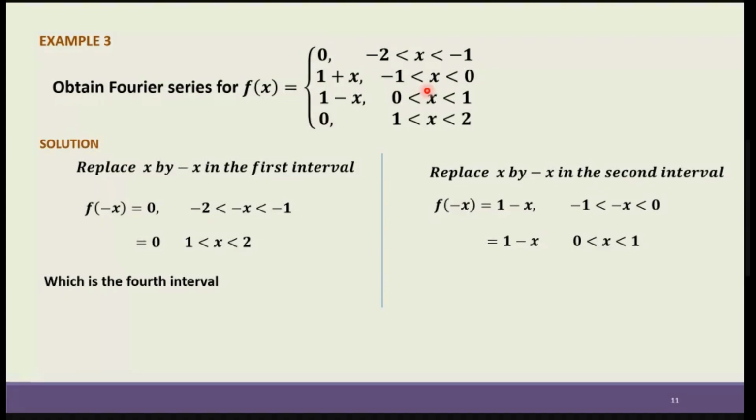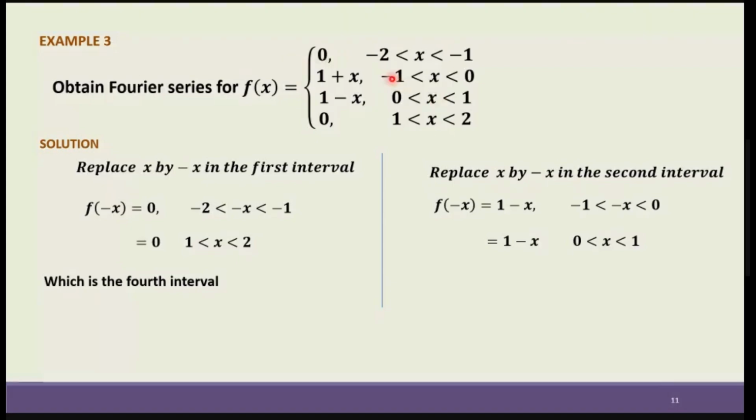Always see the function what is given there. Always see the interval which is given in the problem. तो यहाँ पे function defined है -2 to +2. Even though the value is 0, we are not bothered about the value. Function is defined in -2 to +2, which means the length of the interval will become 4 or L will be equal to 2. ठीक है, अगर ये 0 है तो भी चलेगा, but we have to see in which intervals the function is defined. तो L की वैल्यू इक्वल टू 2 ही होगी, 1 नहीं होगी।